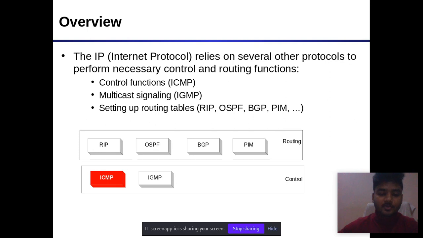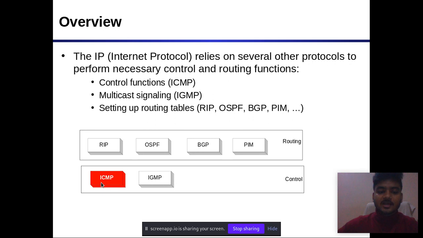So here is an overview of IP. IP relies on several other protocols to perform the necessary control and routing functions. The first part is the control function, the second is multicasting signaling, and the third is setting up the routing table.